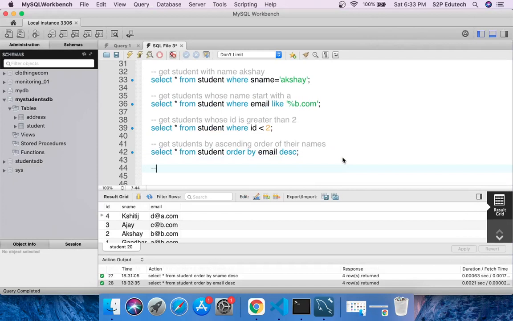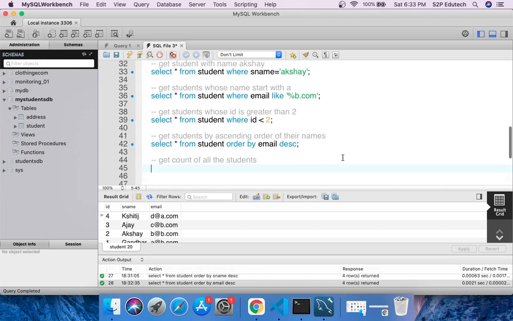Now let's say get the count of all the students. To get the count of all the students, I'll say select count star from student.